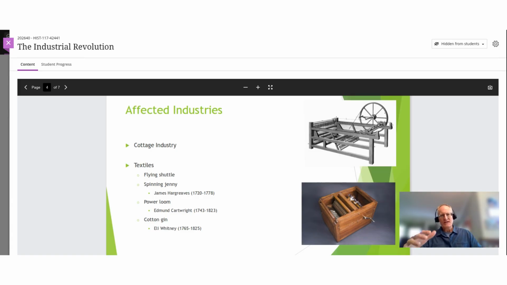When you're able to take raw material and process it more quickly into thread or into a finished product, this means that the supply of the raw material, cotton in certain cases, increased as well. And so vast plantations were growing increasingly wealthy off of the increasing demands being put on each individual plantation to generate the necessary product that was called for. This is going to have a trickle down or knock on effect in that slave labor is going to increase and the demand for slave labor is going to increase as well.